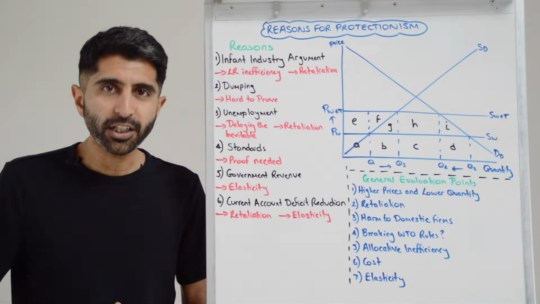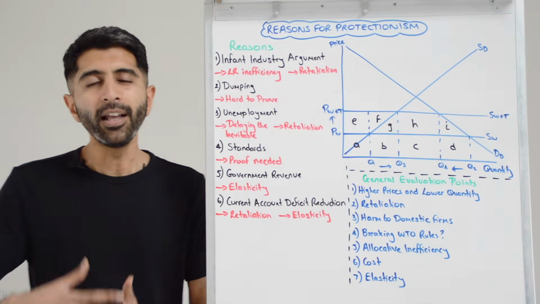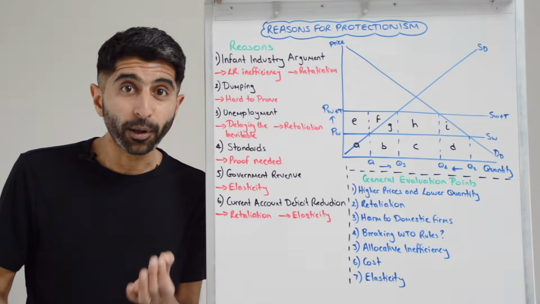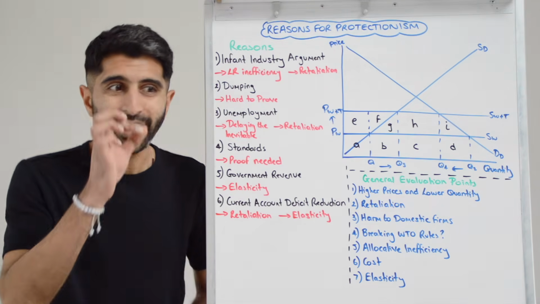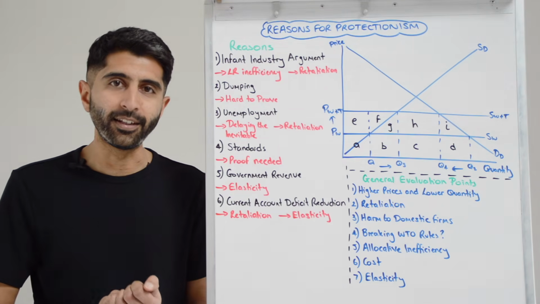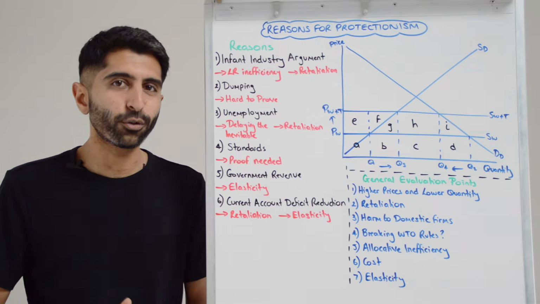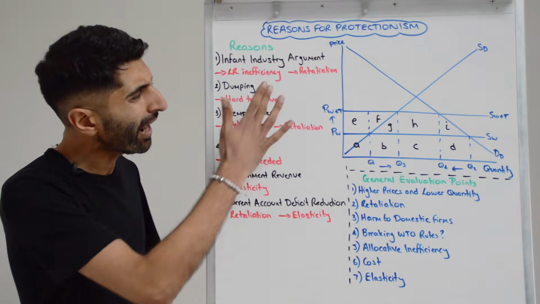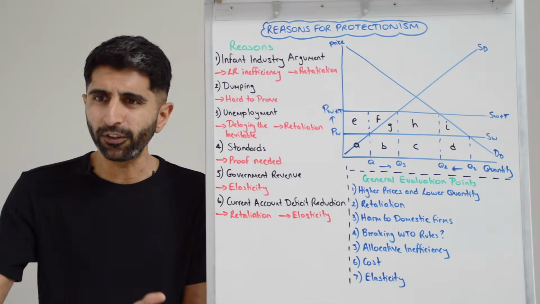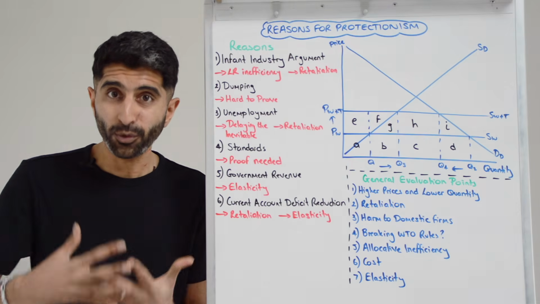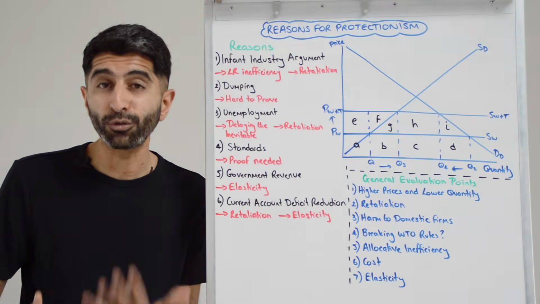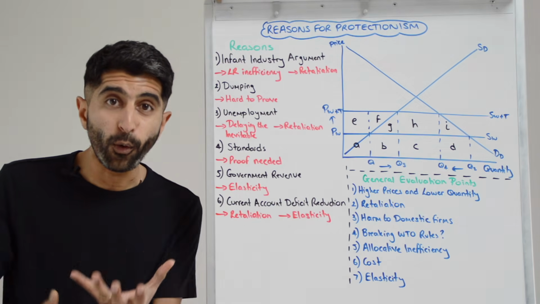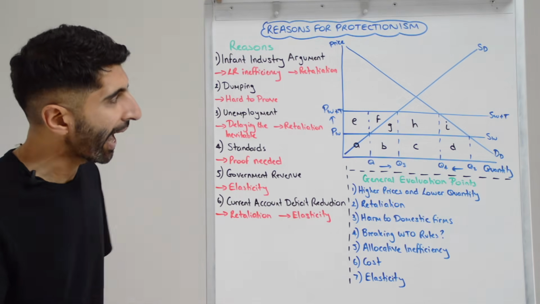Another reason for protectionism is to protect against dumping. Dumping is when a good is sold overseas at a price below cost of production, which could then destroy overseas industries. This is an illegal trade practice, but it still happens commonly around the world. So naturally, if a country feels like goods are being dumped in their country, they're going to want to stop that. And the way they can do that is through protectionism, like a tariff that increases the price of imports and hopefully takes away that dumping advantage.